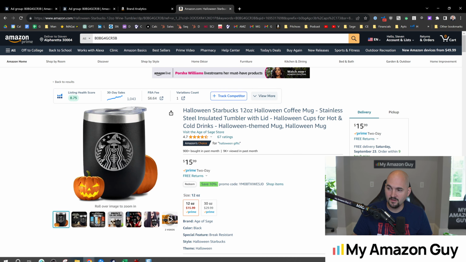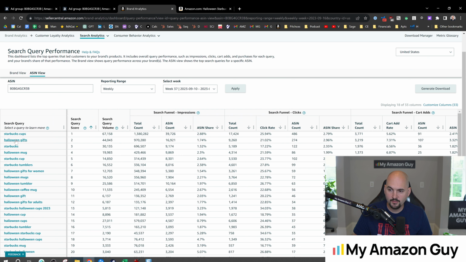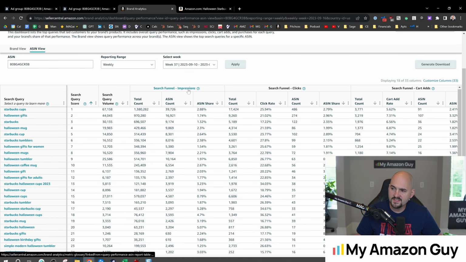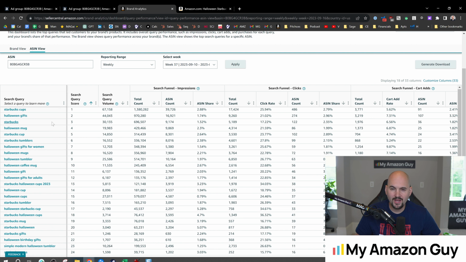So I'm pretty stoked and excited about this, being able to do a broad match single keyword campaign, pulling it off the search query performance report. Now I like to call this the search query performance report ICAP, or marketing funnel for ICAP. Impressions, clicks, add to cart, and purchases is what the ICAP stands for. And in these columns, you can see those labels: impressions, clicks, add to carts, and just off to the screen to the right, purchases. And so when you're trying to figure out what to do as a PPC expert running your advertising portfolio, you can come in and look at this data and make a determination where to spend more